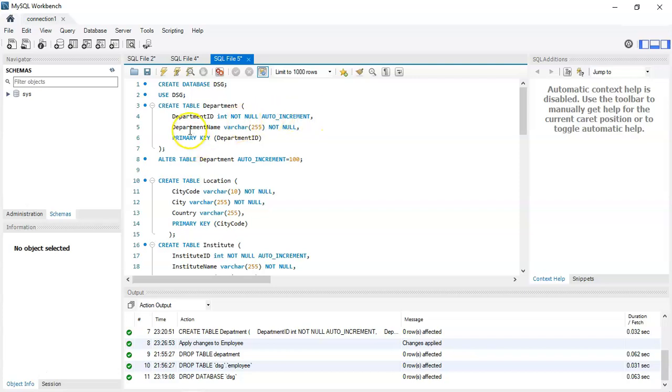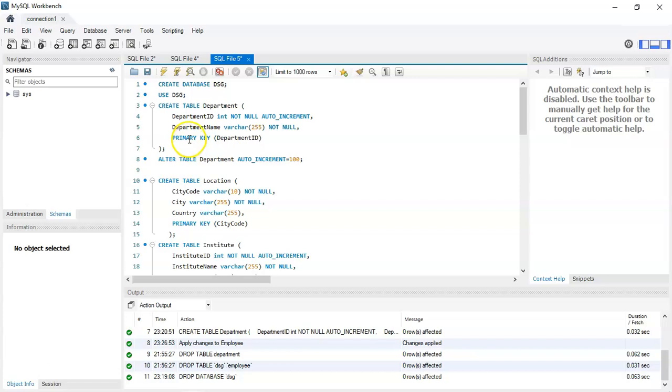The second column here is department name and it is a variable character because it's going to be a name. We need varchar and I used here 255, the maximum. In case the name is less than 255, it will shrink. And not null. I just need to enforce a policy that the department name is entered, comma, and in MySQL